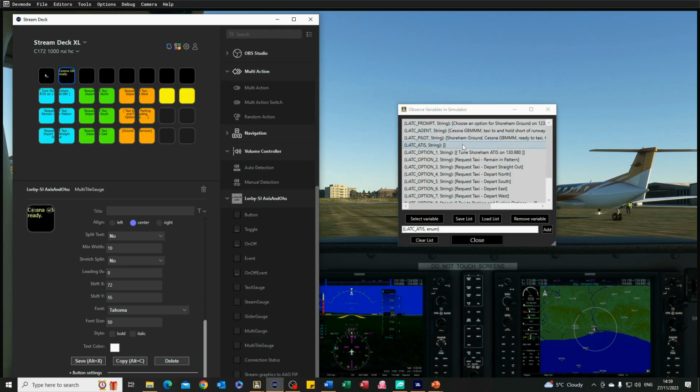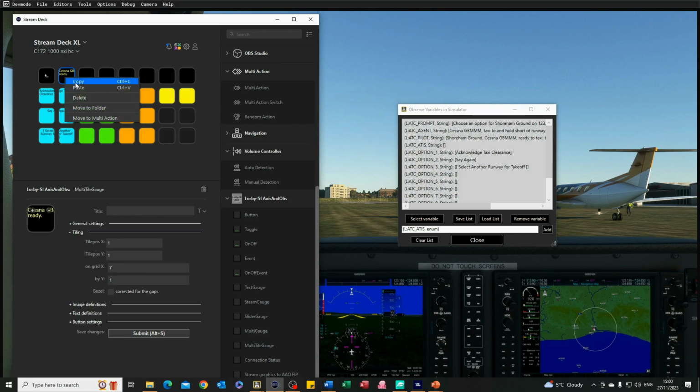I'm not recording the desktop sound at the moment, and you can see there's the reply. I've only got it in that one box there at the moment. If I copy and paste that across and again update the position, you'll see it beginning to form the message there. I'm going to acknowledge that clearance. Okay, so we can put two different messages into the box,